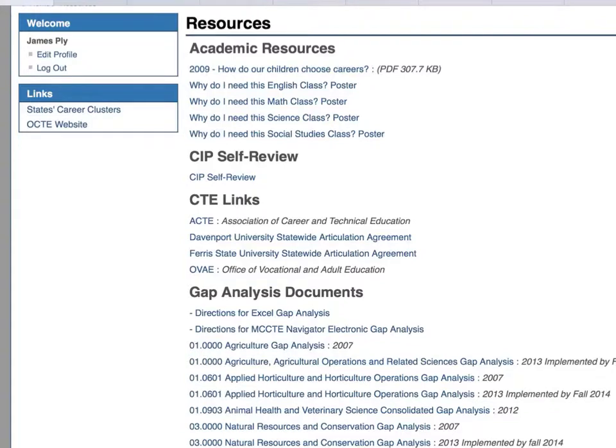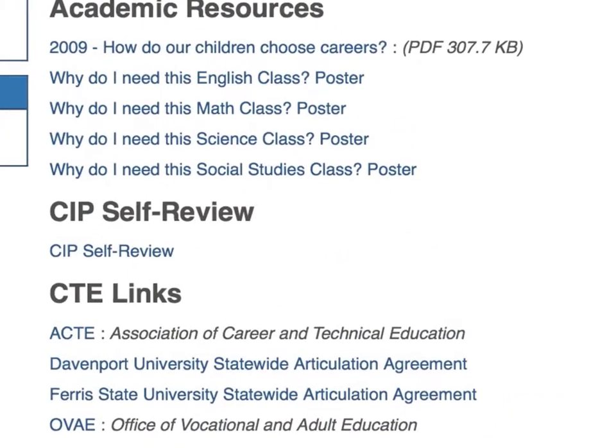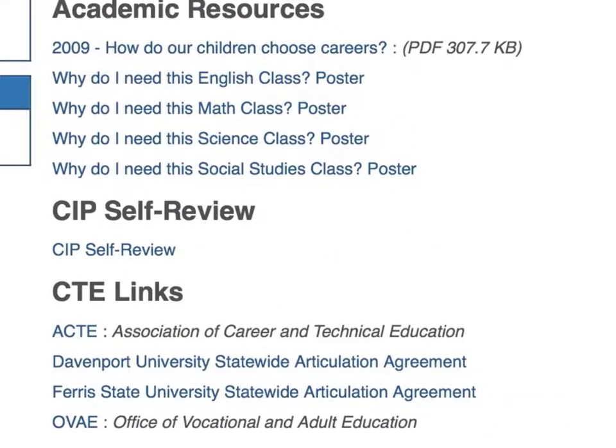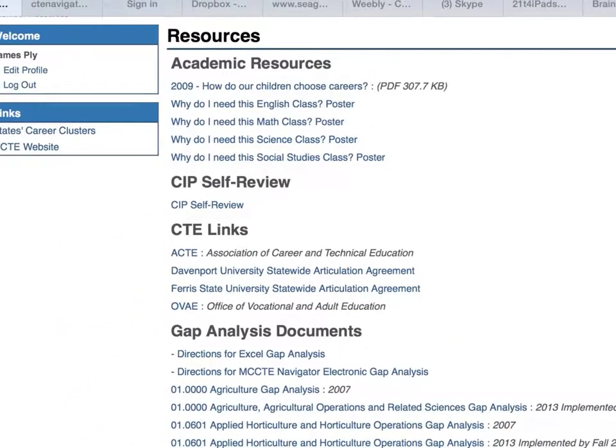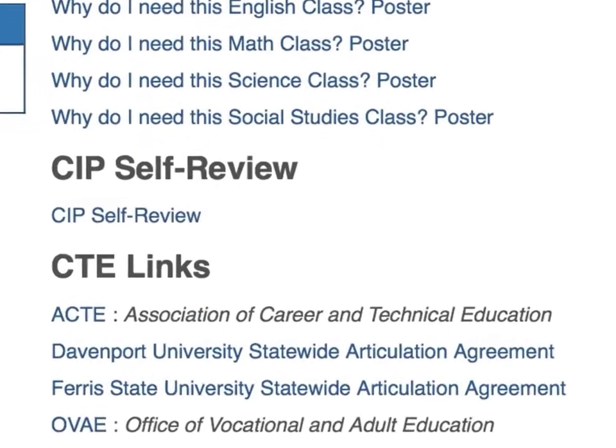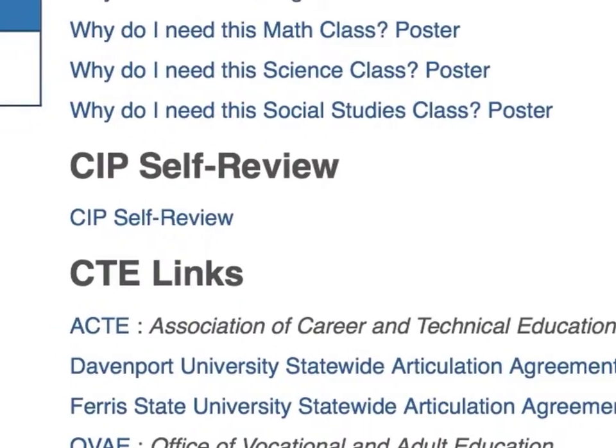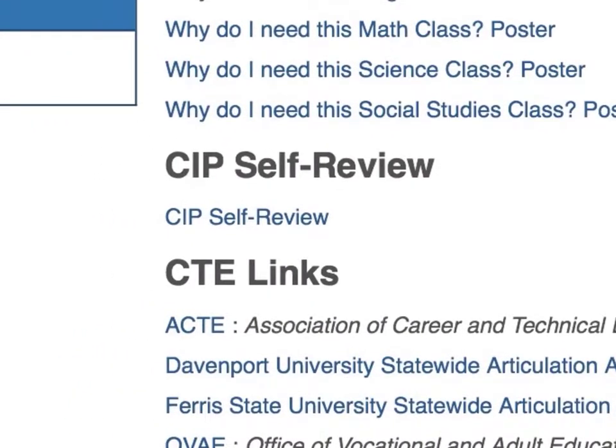There is another tab at the top called Resources, and the first thing you'll see here are the academic resources, and those are mostly posters. But one thing you'll definitely want to keep track of is this SIP Self-Review. Now the SIP Self-Review, which is right here,